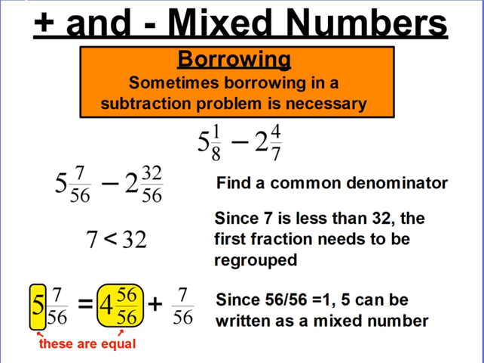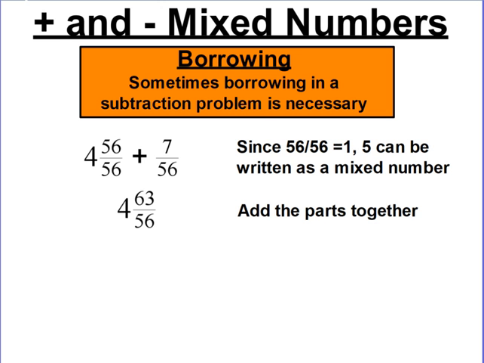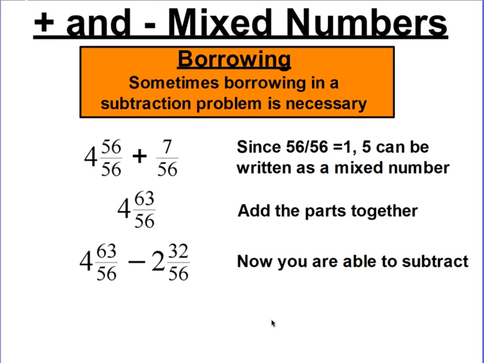So 5 and 7/56 is equal to 4 and 63/56. And if we regrouped like we did in the previous problem, it would turn back into the 5 and 7/56. Okay? Now we can subtract, because in 4 and 63 over 56, the 63 is larger than the 32, so